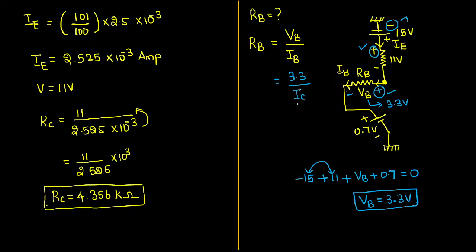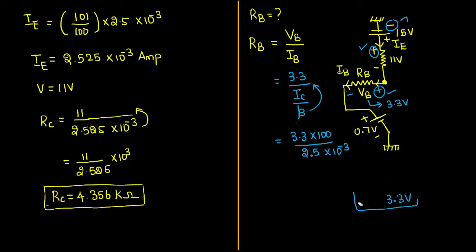The base current can be replaced by the collector current IC by beta. Denominator of denominator will be in the numerator. So further we can write 3.3 into the value of beta, which is 100, upon the collector current they have given, 2.5 milliampere. Milli means 10 power minus 3. Now what can be your answer? Solve this and try to drop your answer. If you figure out the answer for this,